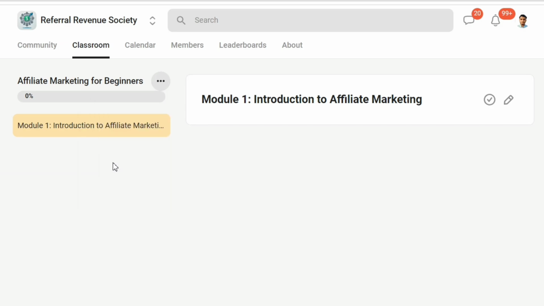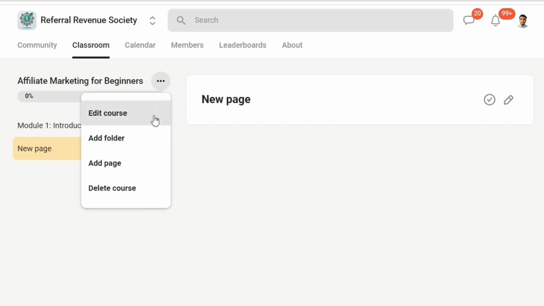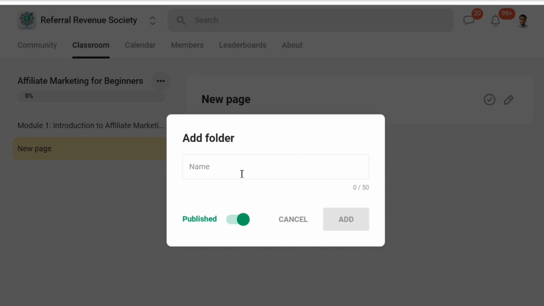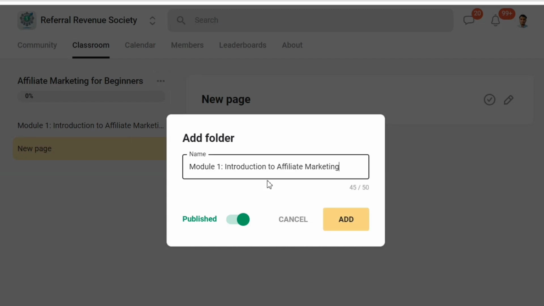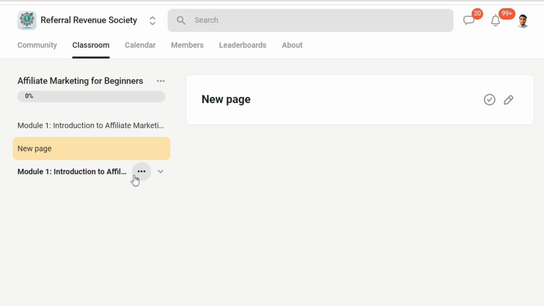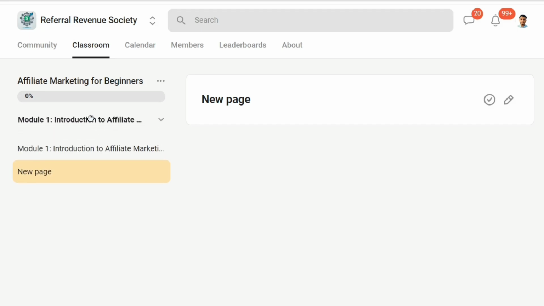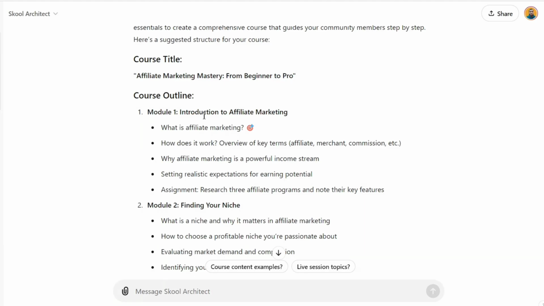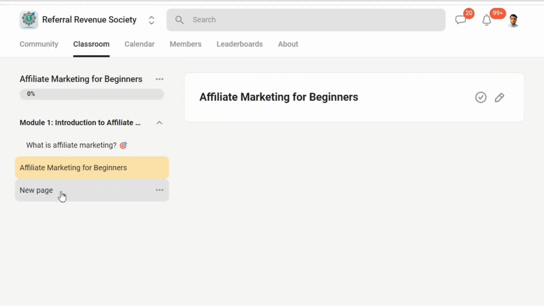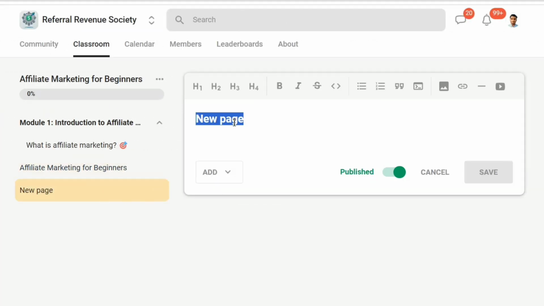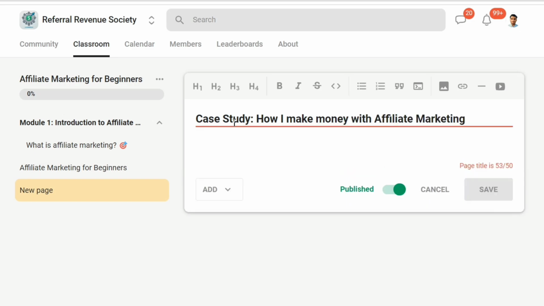You can use the pages to add different lessons, and you can use folders to mention different modules. So, I have named this folder Module 1, and now I can add different lessons in this module. I will simply copy the topics from the custom GPT, then paste them on each page. To do that, click on this edit icon here, type your topic, and then hit the Save